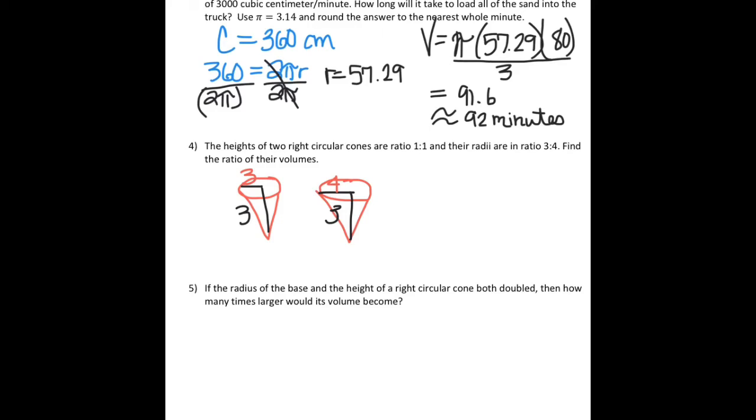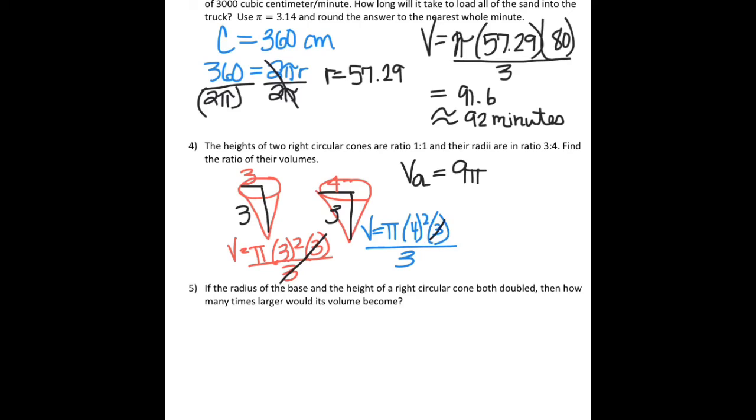So I need to find their volumes. So the volume of the first cone equals pi times the radius squared times the height, all divided by 3. Well, these 3's cancel out, so the volume of the first one is going to be 9 pi. Let's look at the volume of the second one. Volume equals pi times the radius squared times the height, all divided by 3. These 3's cancel out, so the volume of the second one,